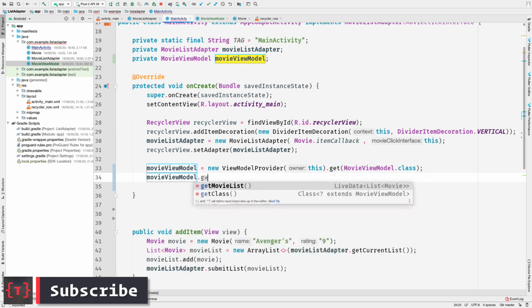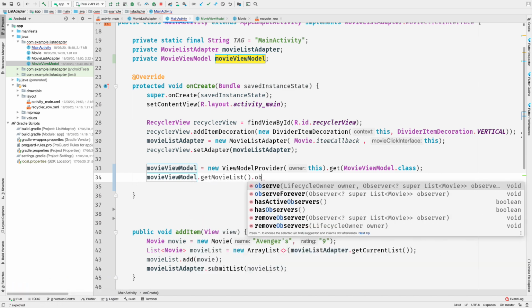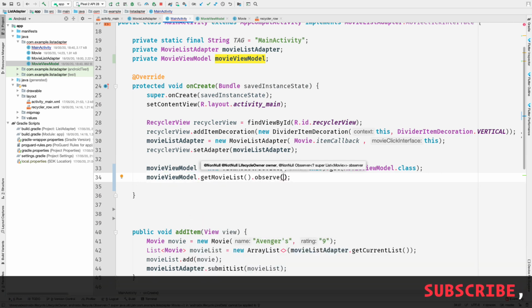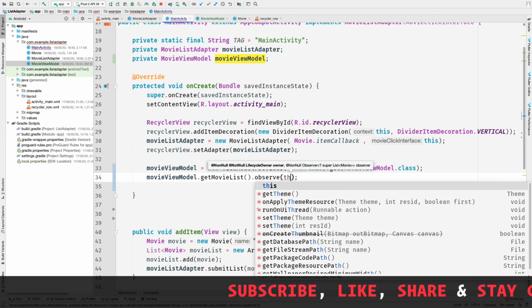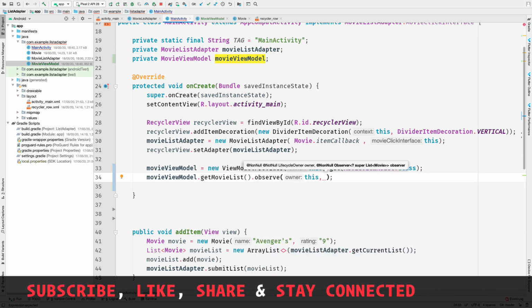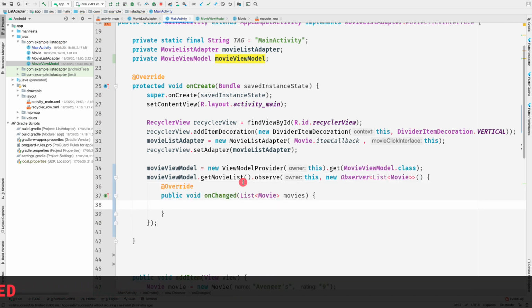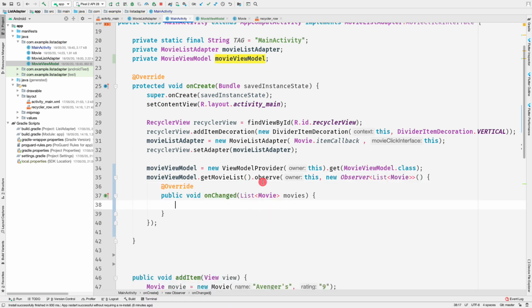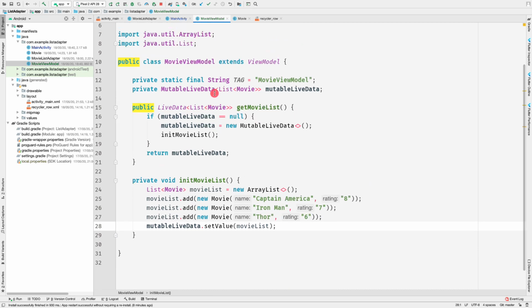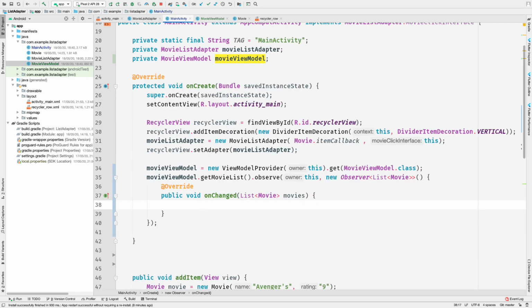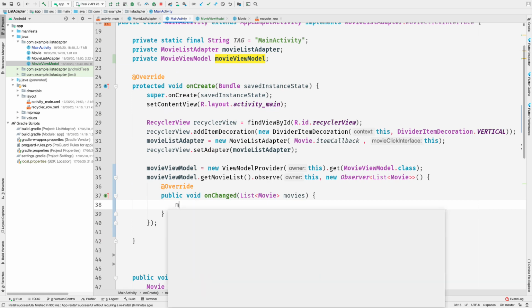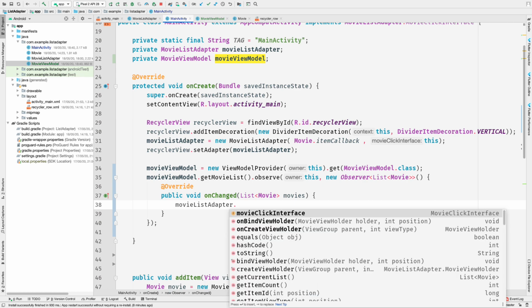So movie view model dot get movie list dot observe, and here we need to pass in the lifecycle owner, and again the lifecycle owner would be this activity, so we can pass in this, and then we can add in our observer like this, and this observes the changes in the list of movies that is inside this mutable live data. So here inside this onChange method, what we can do is simply say movie list adapter dot submit list,